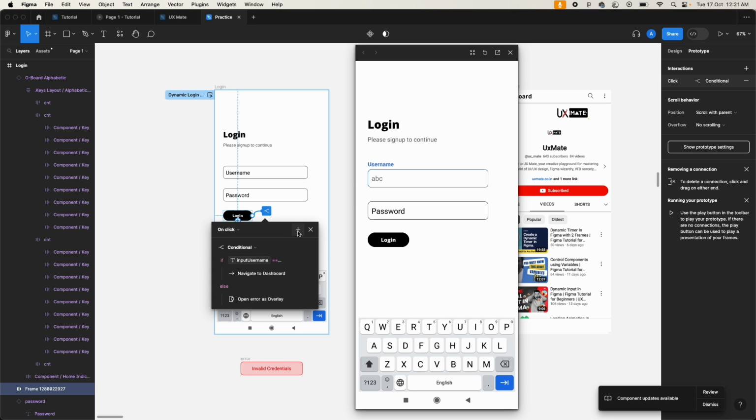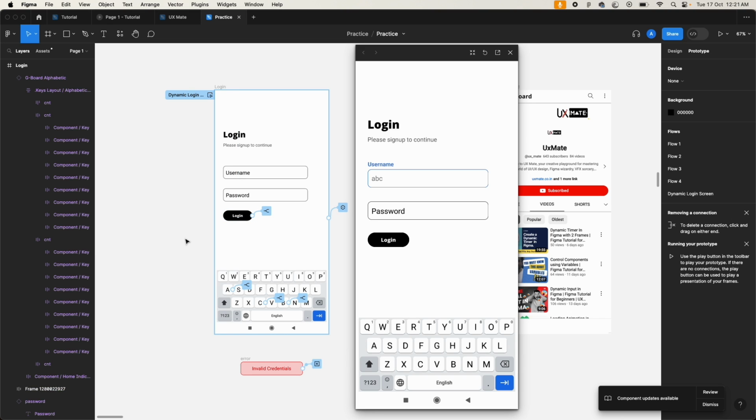If you need to check if my password is empty, you can create the same way, like the condition will be where, and then you'd be saying input password is equal to blank, or 0 or something like that. So with this, you can check all different states, or all different conditions. But yeah, having a simple error message in the Figma prototype is more than enough for your actual testing purpose. So now let's type in the correct password,